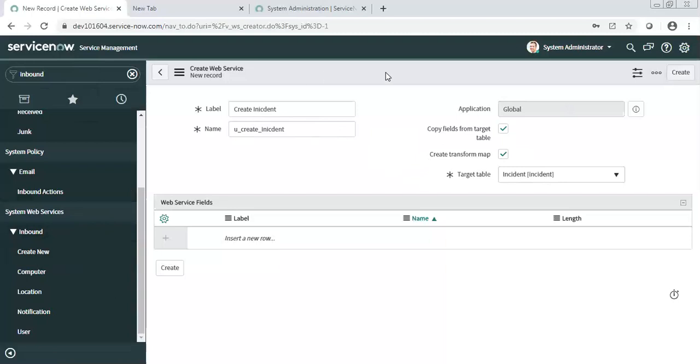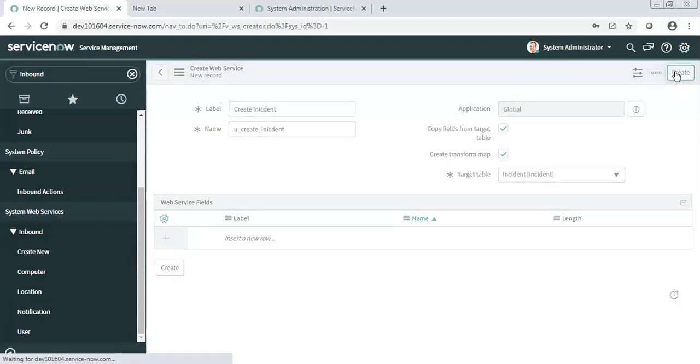There is a difference when you create an import set table for web services, and there is a difference when you create an import set table for normal data import. That I will tell you. So for import integration, if you need to create the web kind of import set table, you always need to come under System Web Services and create new. I am copying all the fields. Once I click create.